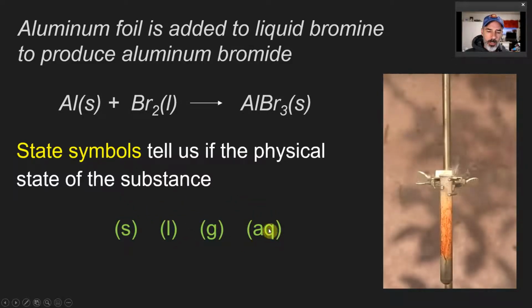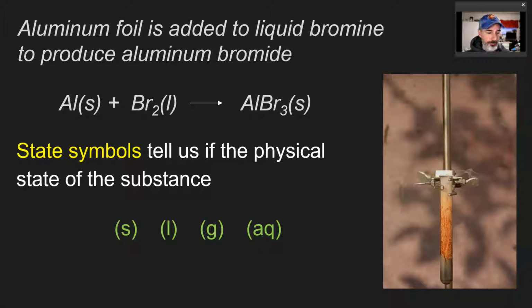But there's also this one over here, this AQ. And that fourth one is a little trickier. Now it didn't show up in this reaction because there was nothing aqueous. That's what it stands for. But I'm going to show you a reaction that has something that's aqueous in it in the next one we look at. But state symbols simply describe what the chemical looks like, and there's only four of them: